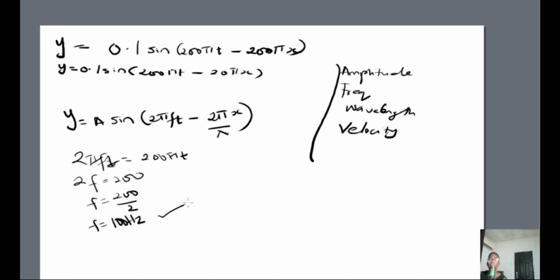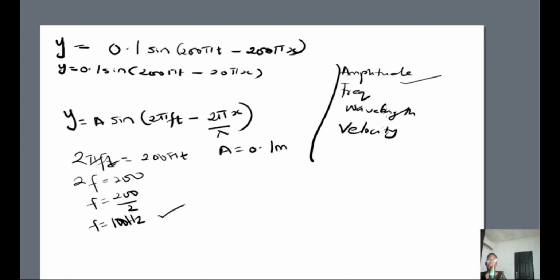So have we solved for our amplitude? No. So what is our amplitude? Amplitude is just very easy. It's just from the question. Recall that A is the amplitude. So our amplitude A is 0.1 meter. So let's not forget that. That's our amplitude, and it's in meter because it's a displacement. Amplitude is the highest displacement of the wave. So that's the amplitude. So let's go to the next one.